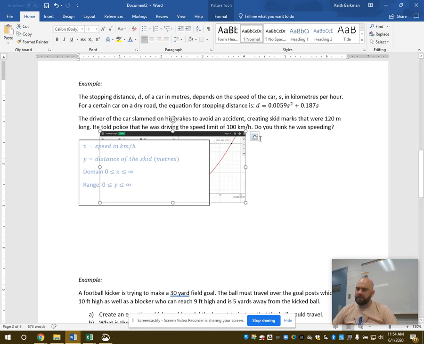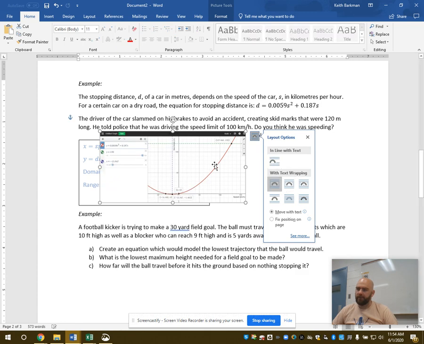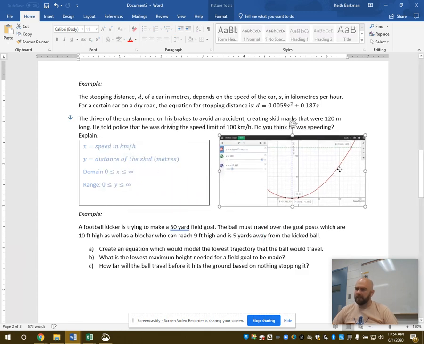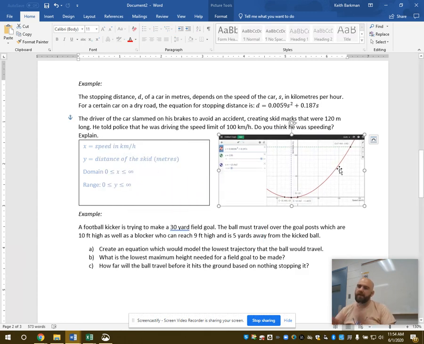I'm making mine a little bit smaller as I'm trying to fit everything into the notes. Yours can be nice and big. You can make it the entire width. Everything should be legible in there. You should have where your axis of symmetry is. You should have all your points labeled. You should have your equation that you've used there. Any other equations you have, any other important points that you have that are along the quadratic, they all need